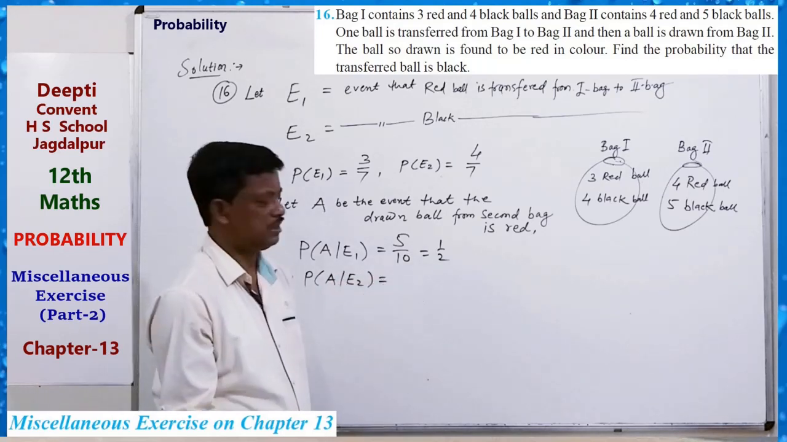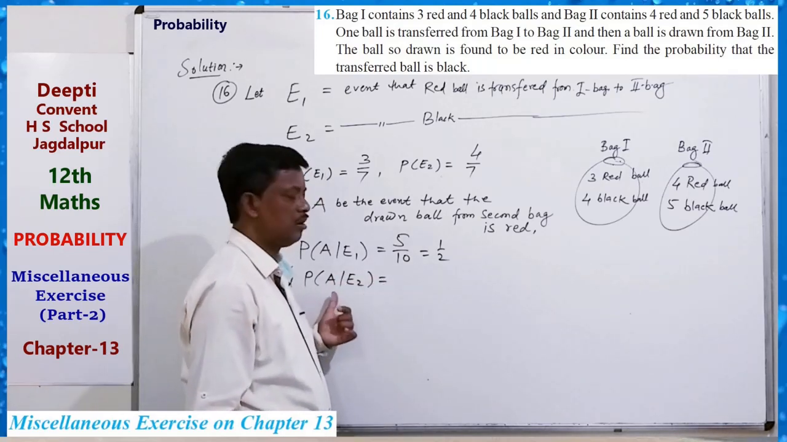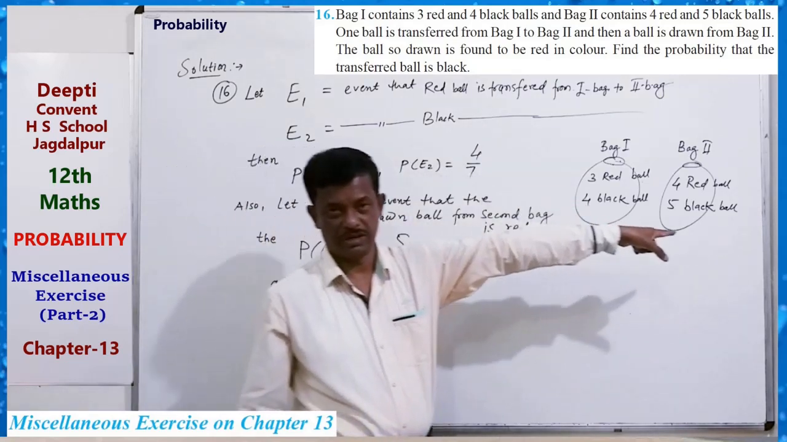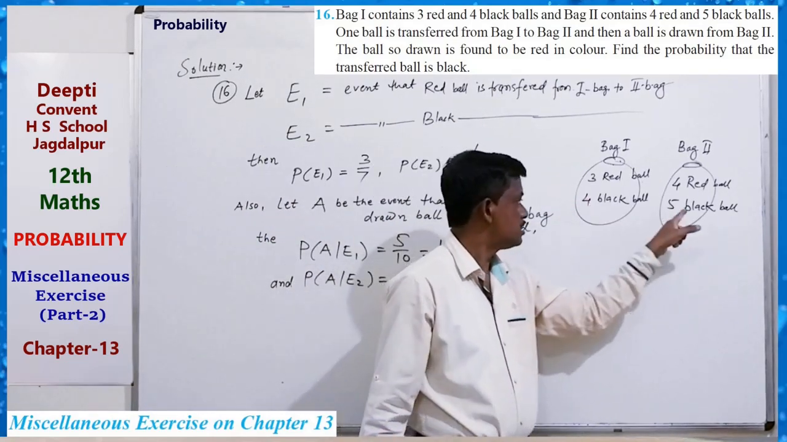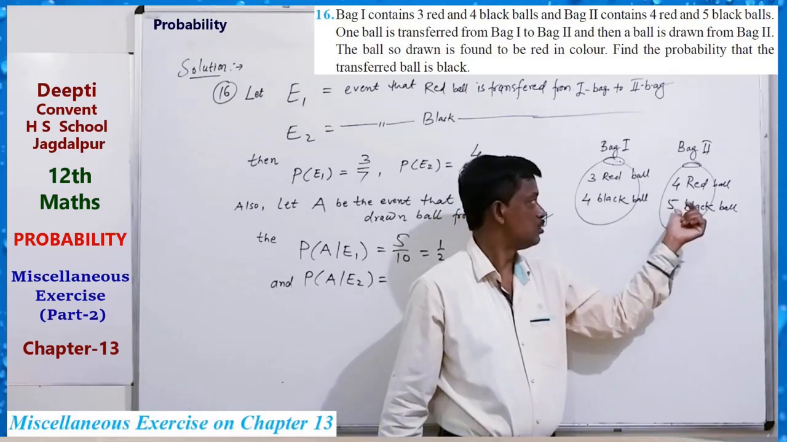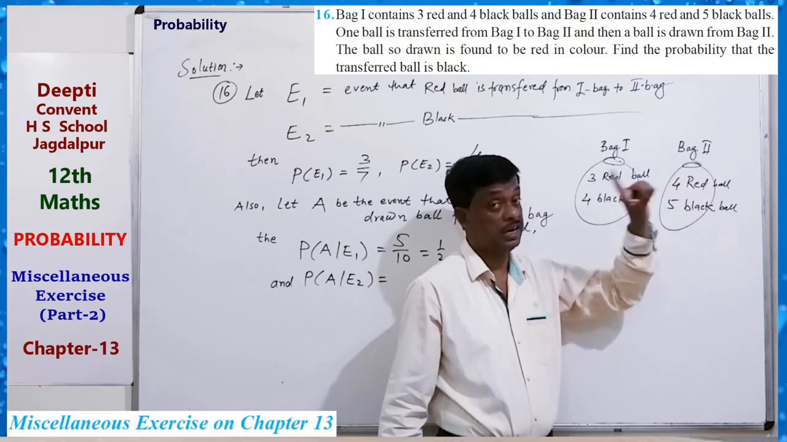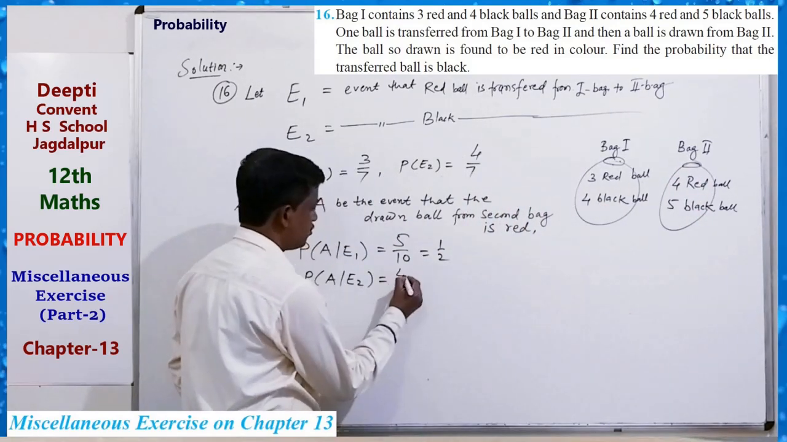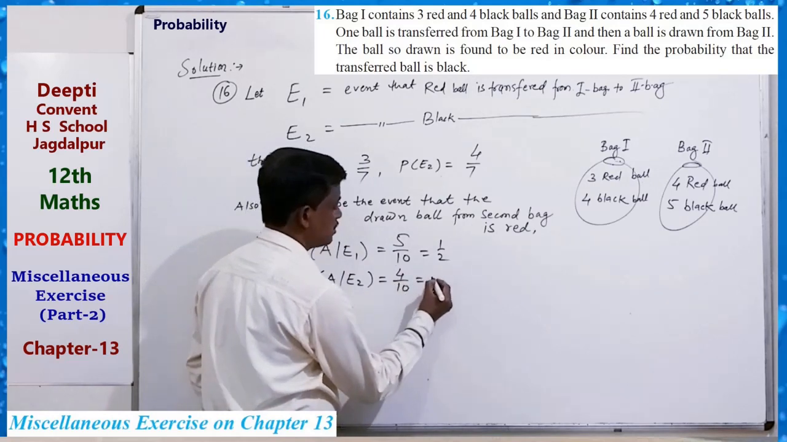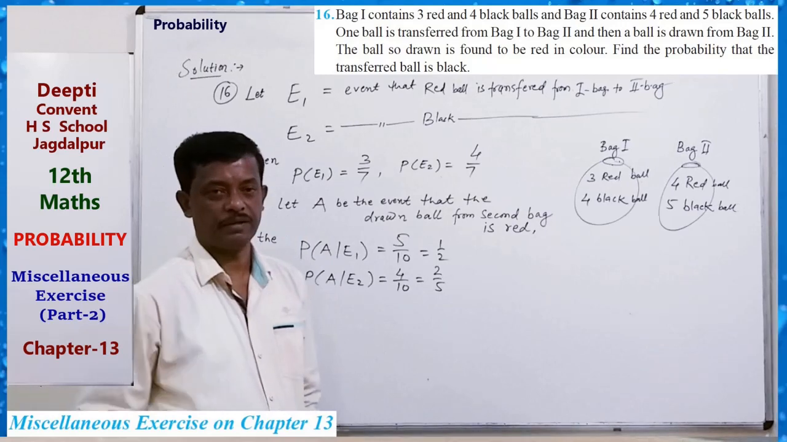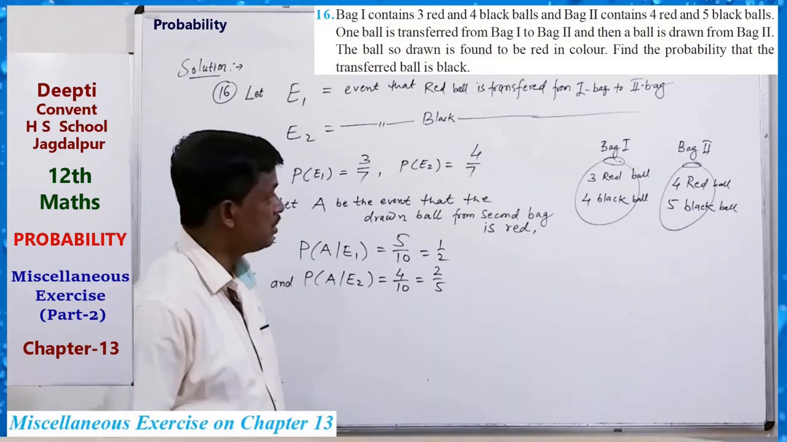It is also clear that for a red ball from the second bag, when a black ball is transferred there, 6 balls will be black. So 6 plus 4 is 10, but red is 4. So 4 by 10, that is 2 by 5. Clear? 2 by 5. Now we have to find the probability